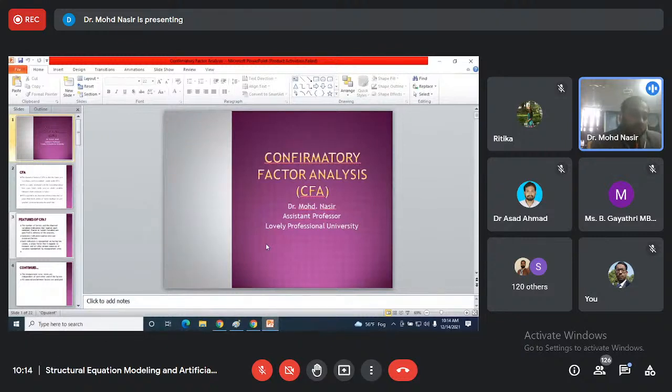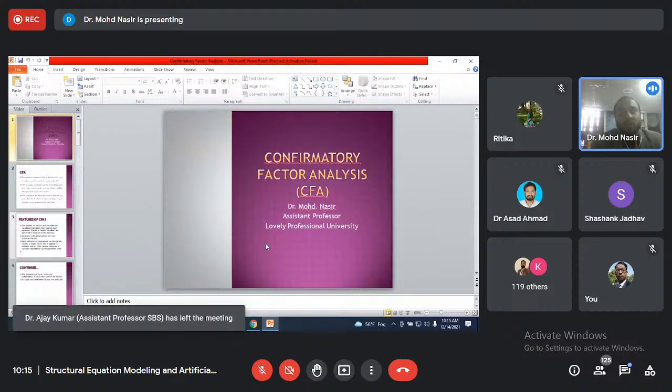So those who are developing a new scale specifically, when they are done with the exploration part, should go for CFA, so that a confirmation is there that whatever the scale is, it is valid or reliable or not, through different validity types we will be talking about in this session. So confirmatory factor analysis, today we are going to talk about using the software AMOS, analysis of moment structures,